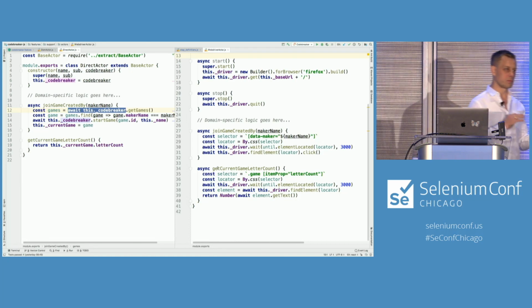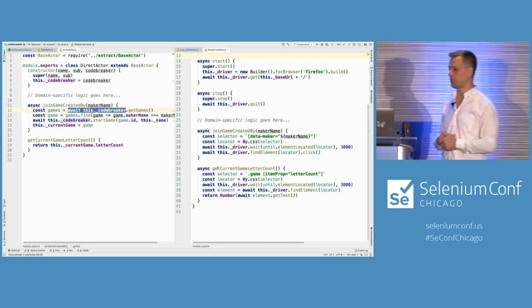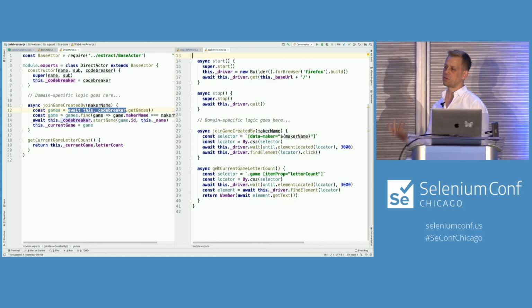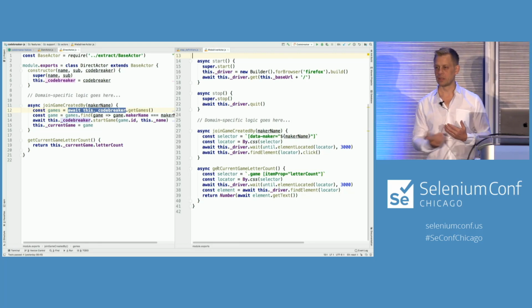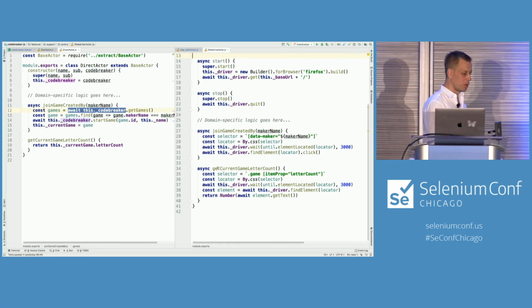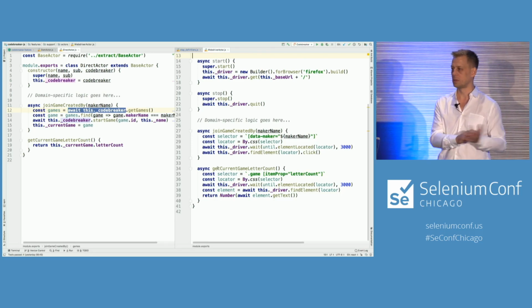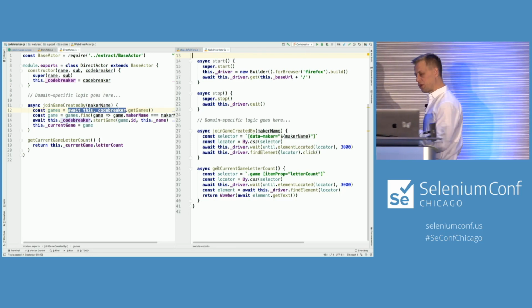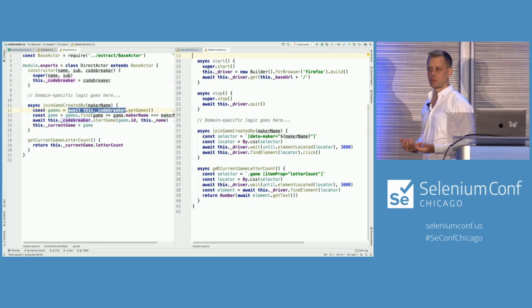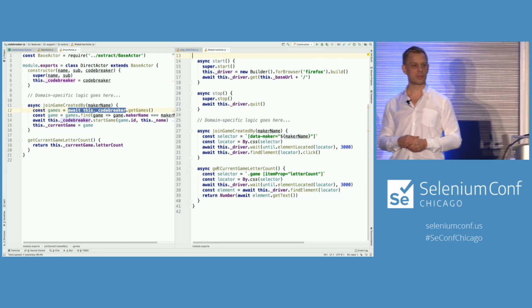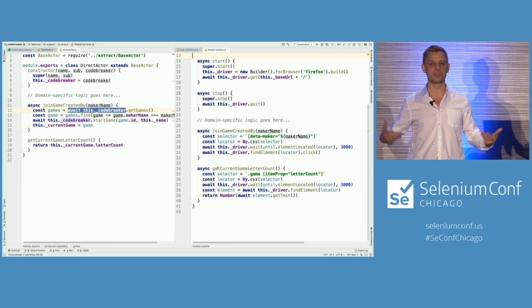So some of you are probably thinking about page objects here. This is a different way to abstract away the UI. I'm not abstracting the UI away into pages because I think page objects is the wrong abstraction. A page object is very UI-centric. Right? I don't want to be UI-centric. I want to be business rule-centric.